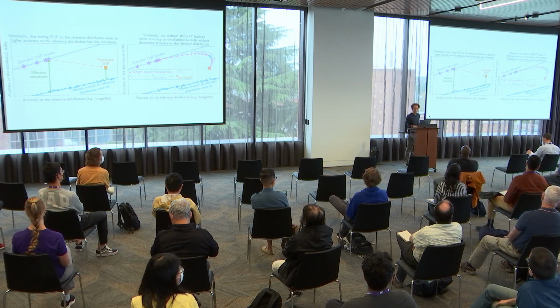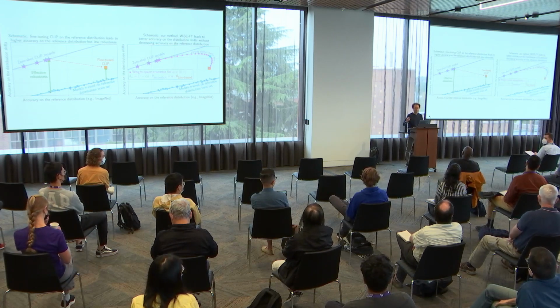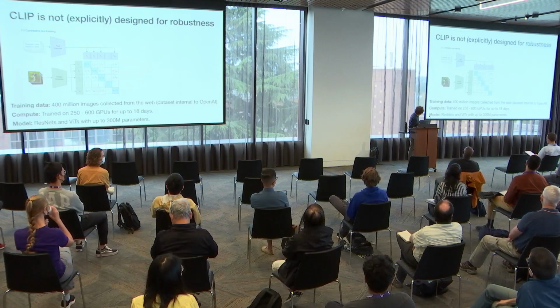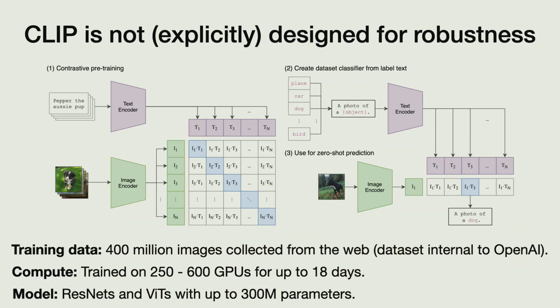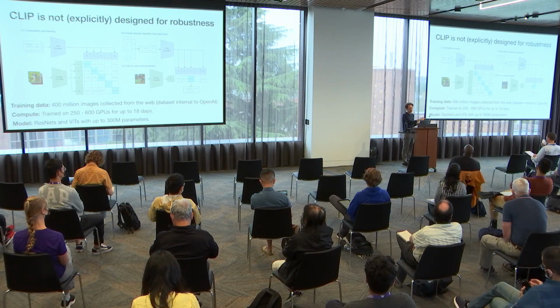Sorry, what is a zero-shot model? Oh, let me just repeat this to be clear. A zero-shot model is a type of model that you can evaluate without fine-tuning. So you can take the CLIP model. It has never explicitly seen Imagenet before. It's not fine-tuned on Imagenet. But because the CLIP model is flexible in the sense that you can make it a classifier for any classes just based on the text data, you can apply it to Imagenet without fine-tuning on Imagenet. So this is why we call it zero-shot. There's no explicit adaptation step.